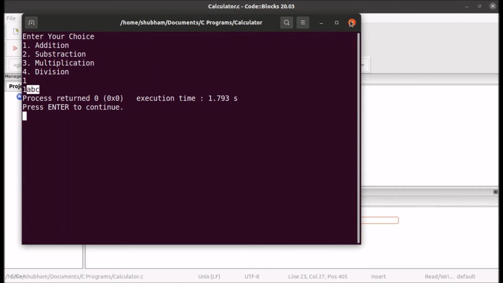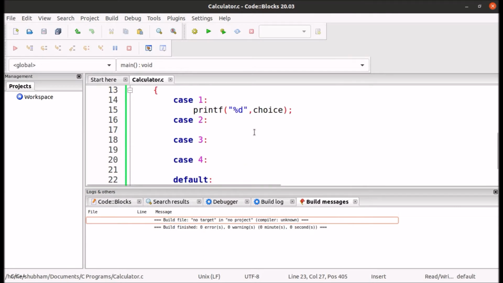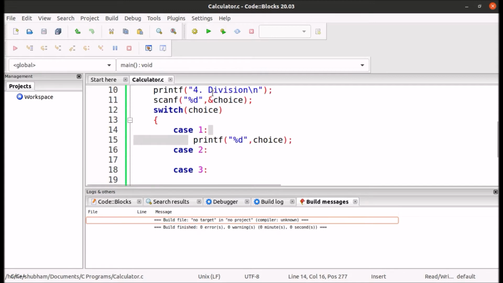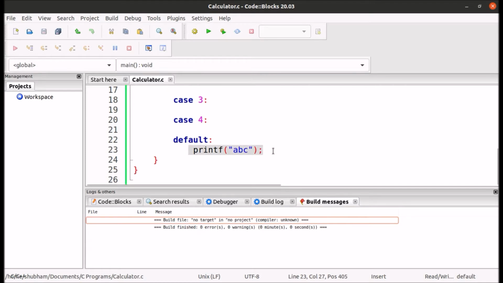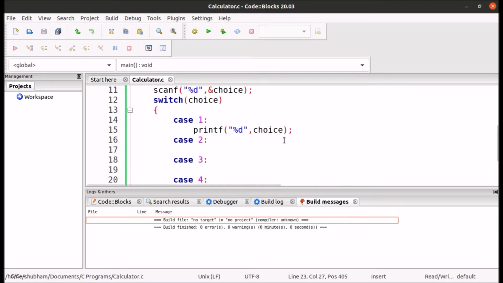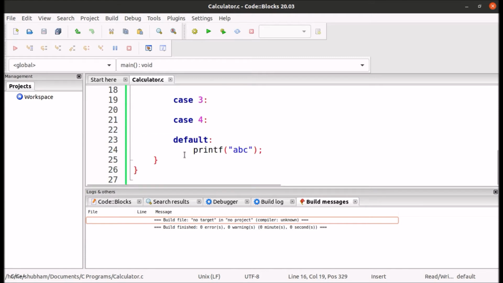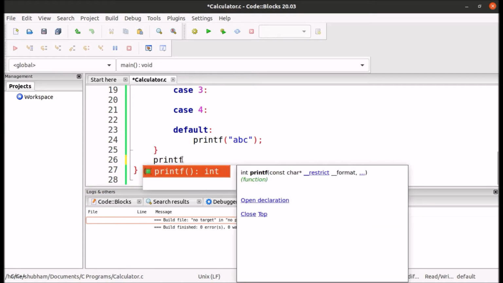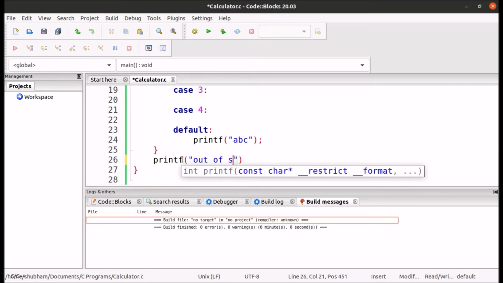Now you can see that I have typed 1, so it is possible that if the choice is equal to 1, then this will be printed. But why is this ABC also printed? So let's stop it by writing a break statement, so that after executing this line, it will come out of this switch statement and print something here, print out of switch.